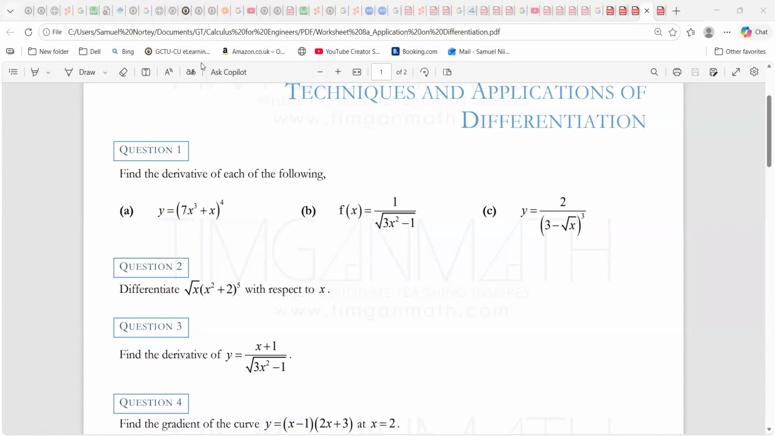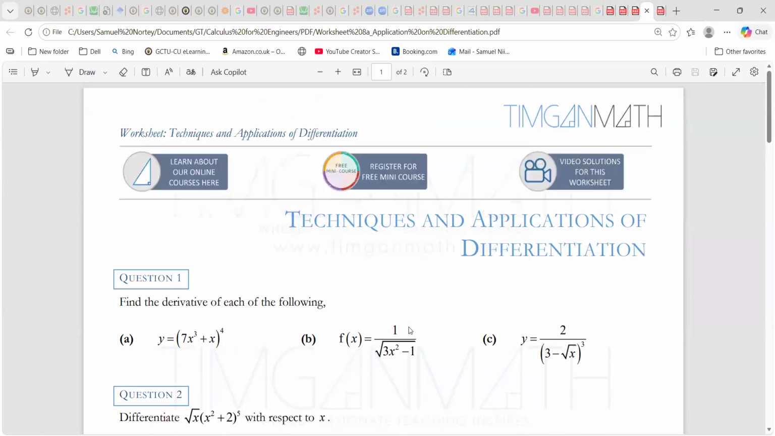I'll make the solutions of all these materials available, hopefully before you even take any major exams. And lastly,